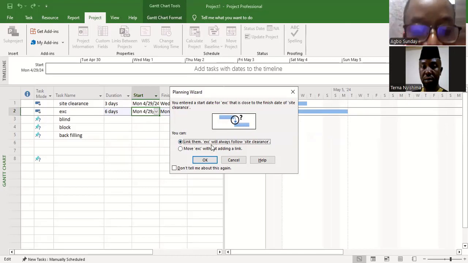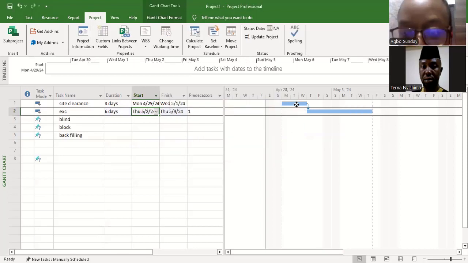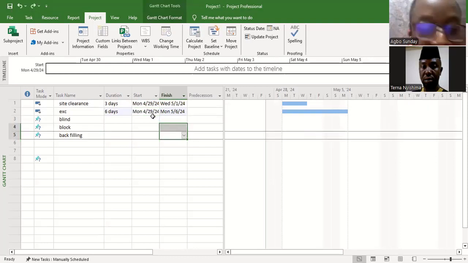So if I click OK, now it's going to be linked. So you see a bar linking site clearance to excavation, okay? Now, let's assume I undo this process. I undo by pressing Ctrl Z on your keyboard, the normal Microsoft function, and then I